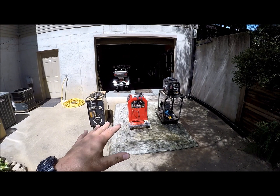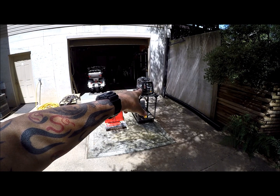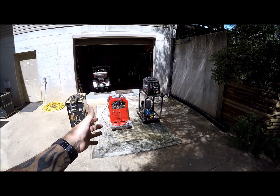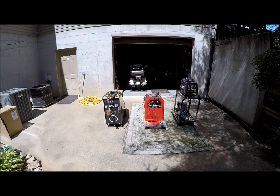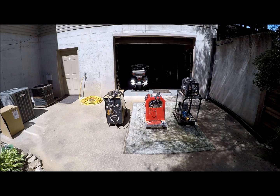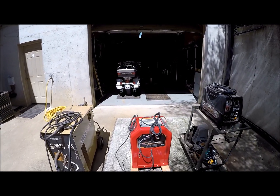So the three welders: obviously this one is a gas shield. This one is a flux core, but it's only 115 volt, so you're going to be limited in the thickness of your material, although I am surprised at the thickness that I am able to weld with it. And then your stick welder, 220 volt, you're going to be able to get to some of your thicker materials for sure. You don't have to worry about gas shield on it. I don't have to worry about wire as far as wire feed. The only thing I have to concern myself with is to make sure that I have the electrodes that you need. The electrodes that I chose to use